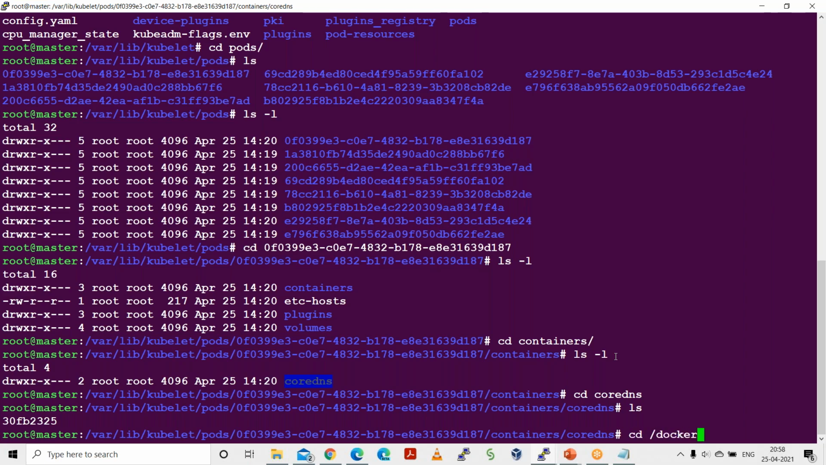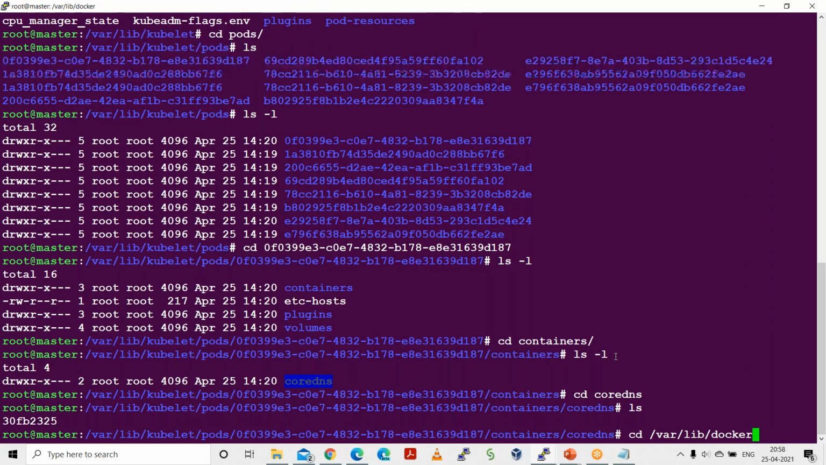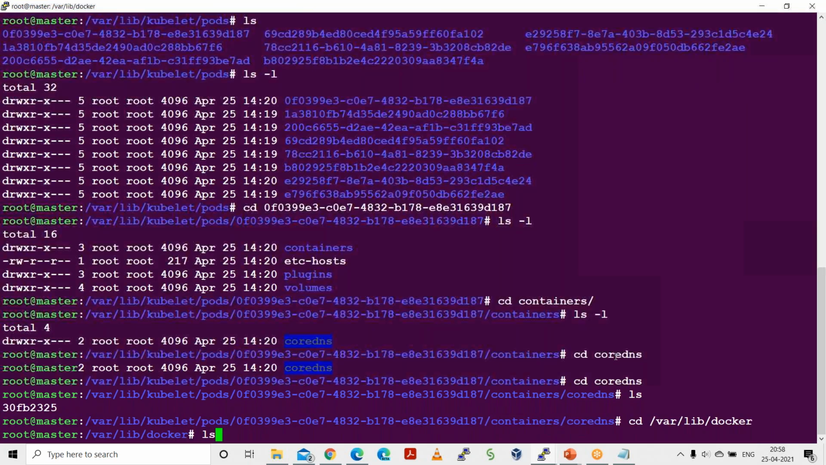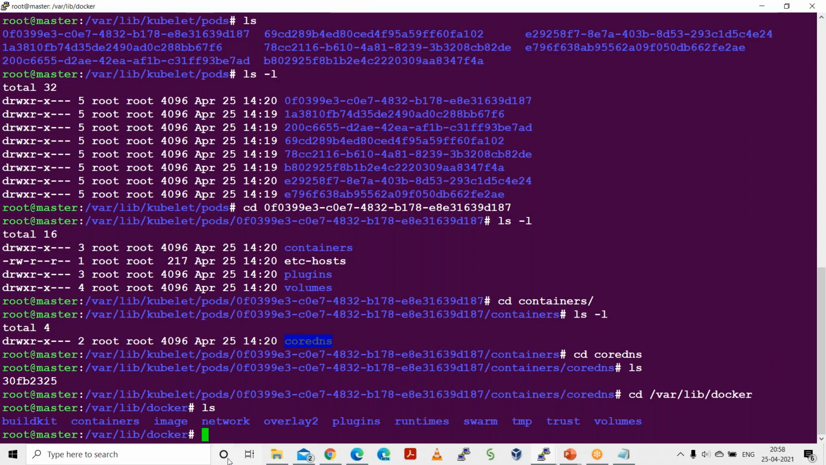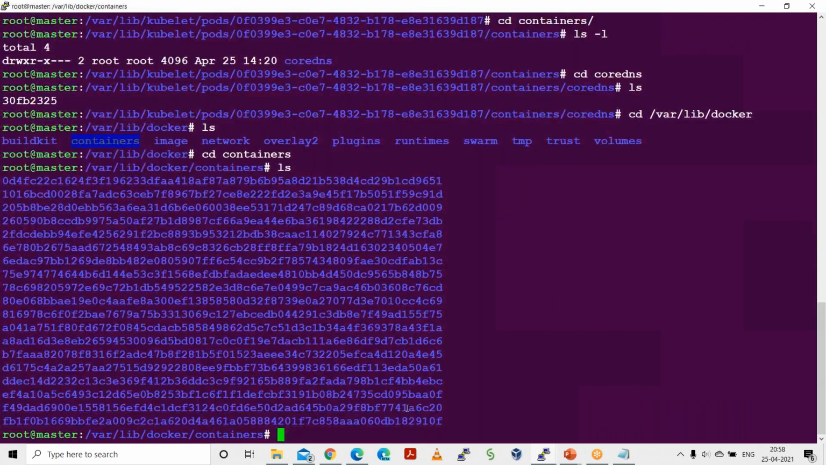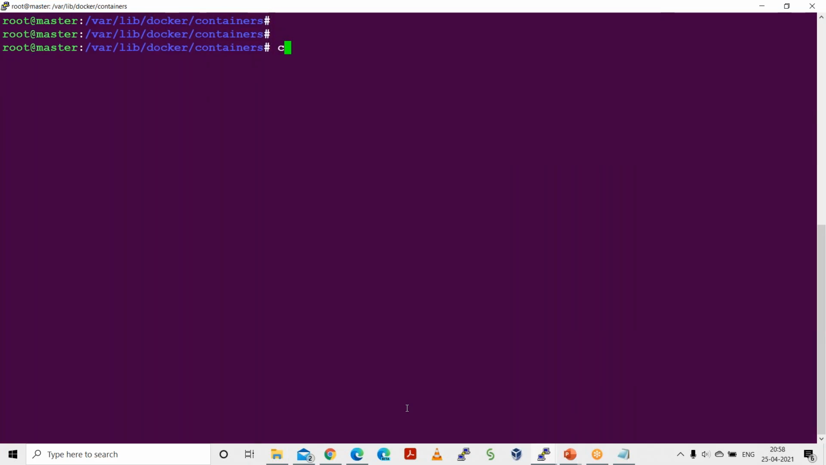But how can we find the logs related to containers? So you can use the command cd /var/lib/docker, and in this area you can find all the information related to containers, right? So I can go inside the container folder and find more information about it. There are so many containers available. Okay, but this is not readable, right? So how can I check the logs? So what I can do,